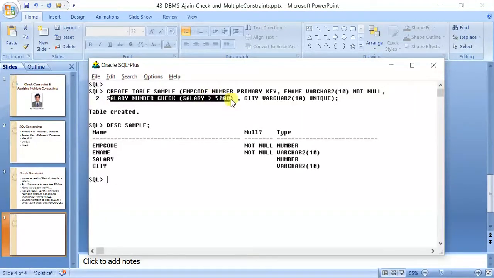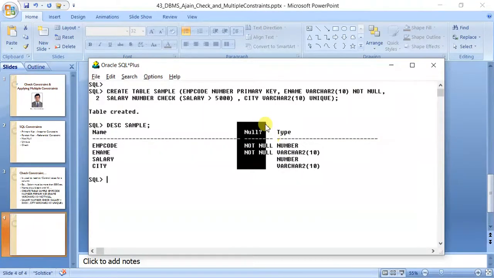Now you can see salary has a check constraint, but it is not shown here. City has a unique constraint, it is not shown here. In a coming video I will cover how to see constraints applied on a column. Okay, so now let us see by inserting values: insert into sample values.